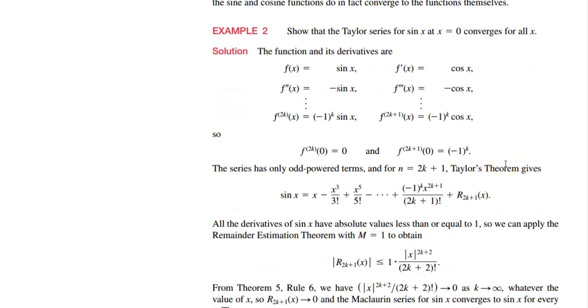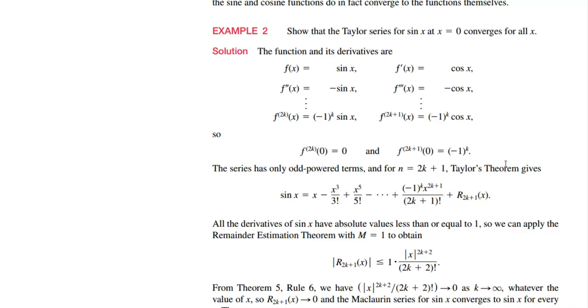So the 2kth derivative of f at 0 is always 0, because sine of 0 is 0. And the (2k+1)th derivative at 0 is (-1)^k. This series only has odd-powered terms. And for n = 2k+1, Taylor's theorem gives us sine of x equals x minus x cubed over 3 factorial